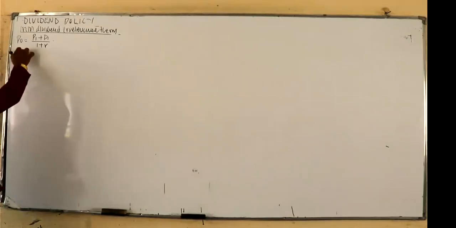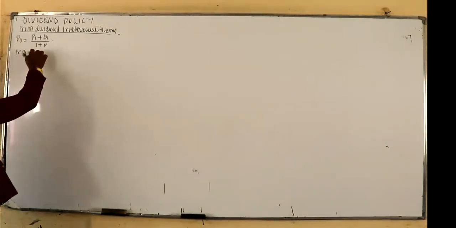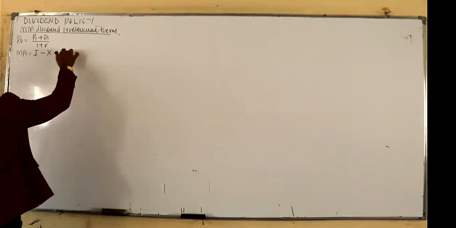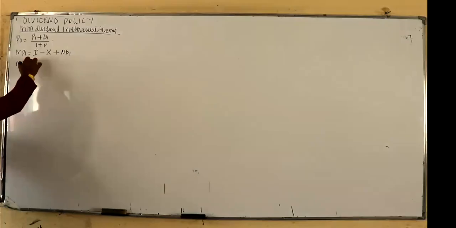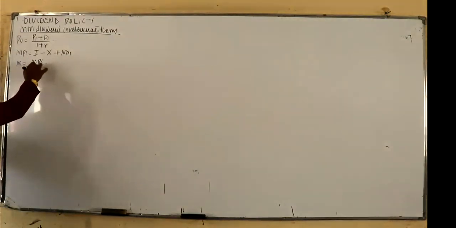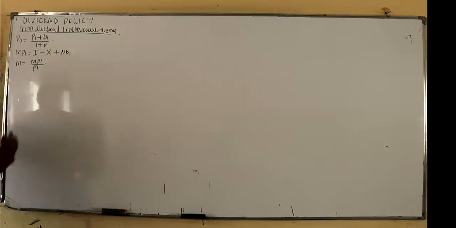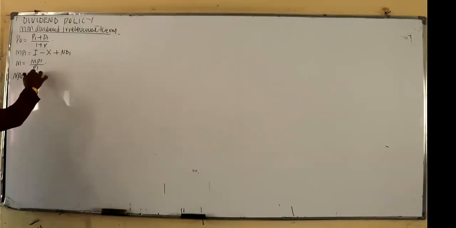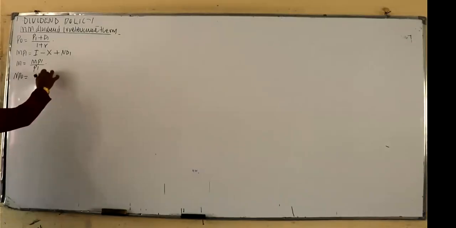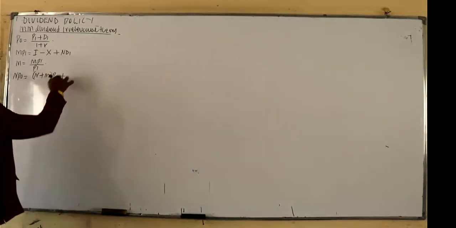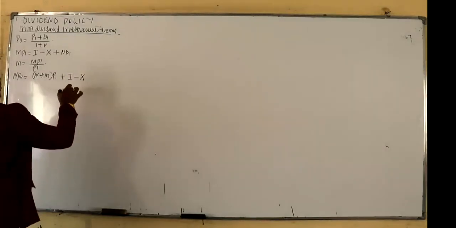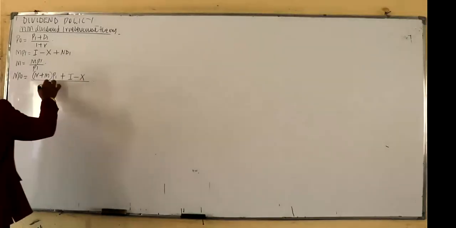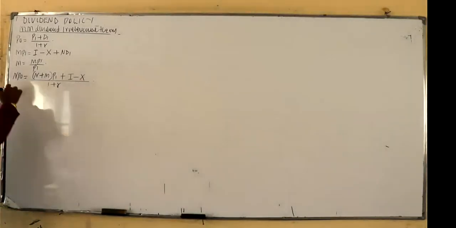And how do we get the new amount, MP1? To get MP1, you take the expected income plus dividend plus ND1. And how do we get the new shares to be issued? You take MP1 over P1. And therefore, how do you determine the value of the company? To get NP0, we take N plus M, times P1, plus the investment amount minus the expected profit, over 1 plus R, where